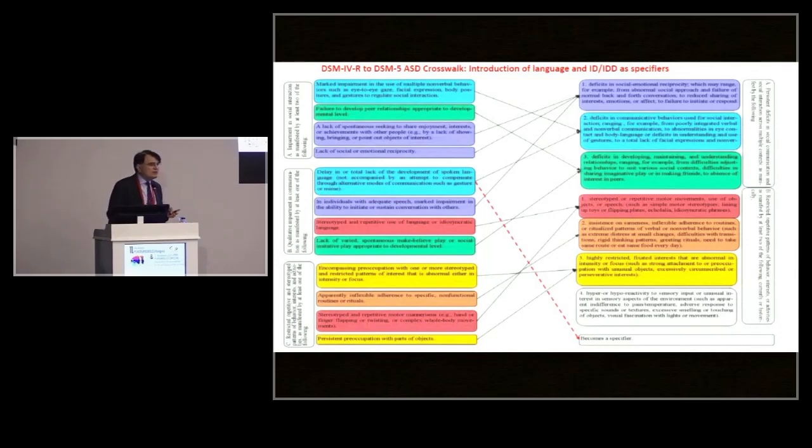Essentially, the same criteria were kept, with the exception of one very important criterion, the delay or total lack of development of spoken language, which became a specifier. This was in fact the criterion that was absent in the definition of Asperger disorder,